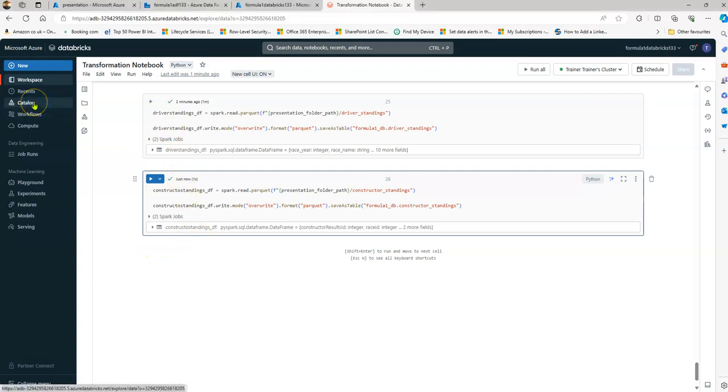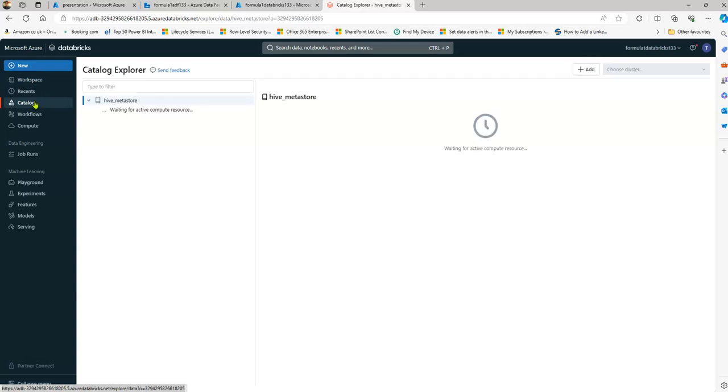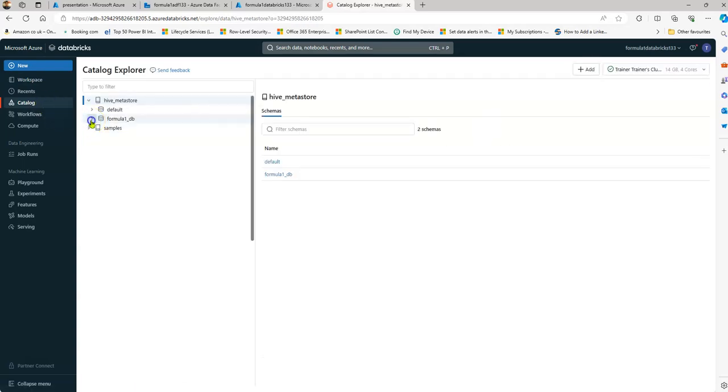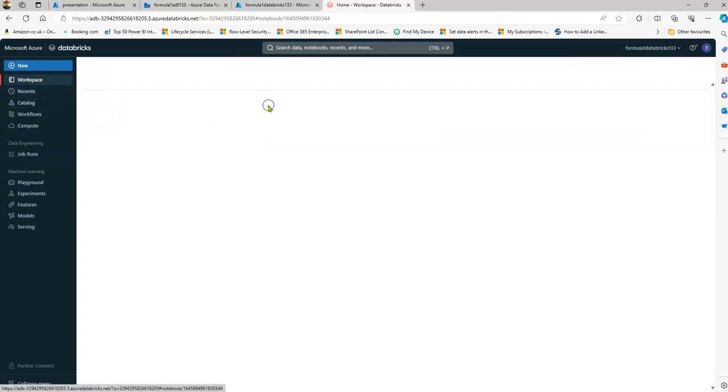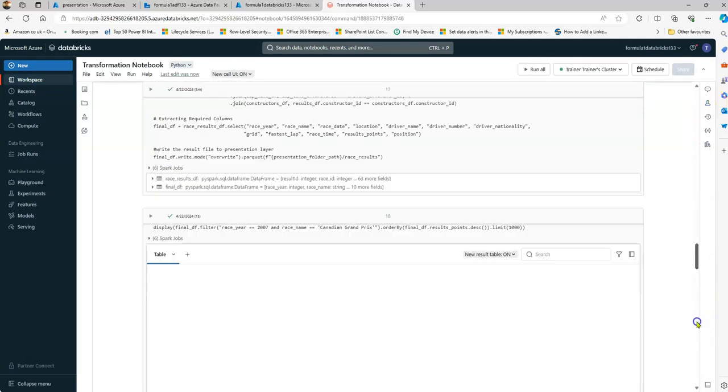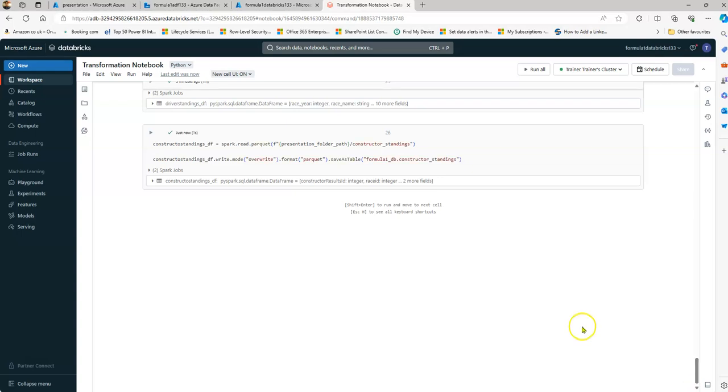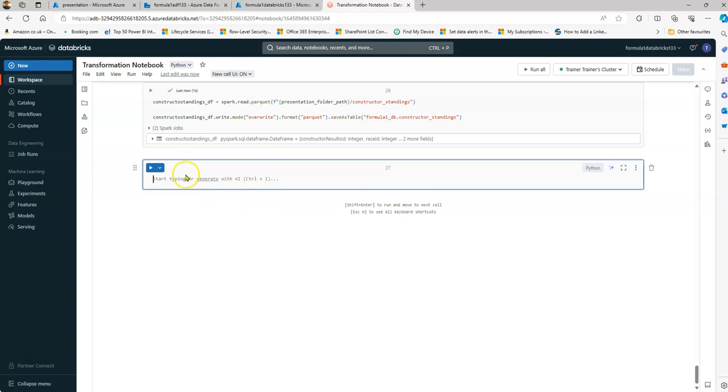Now again, head back to the catalog. And within this catalog, you will be able to find three tables. One is your constructor standings, one is your driver standings, and one is your race results. Then again, when you head back to your notebook, in the last cell that we implemented right here, just next to it, I will use